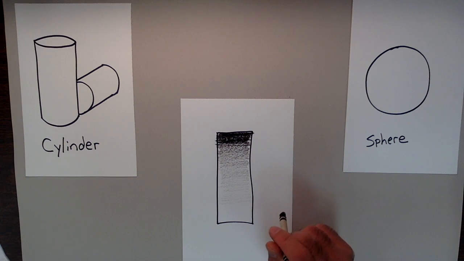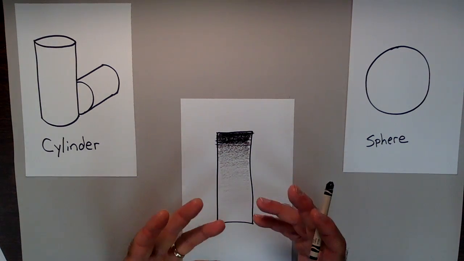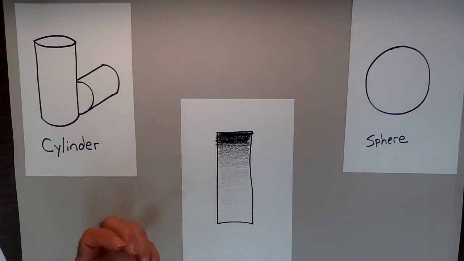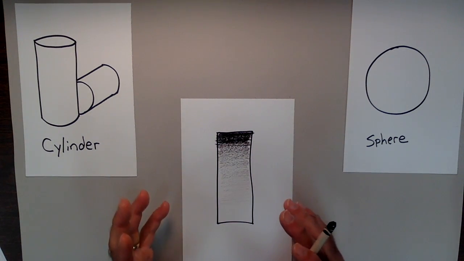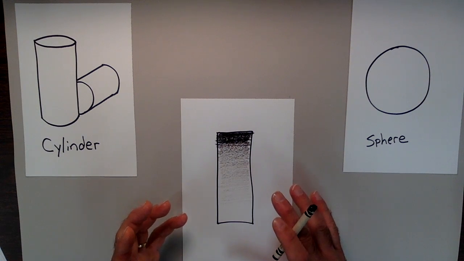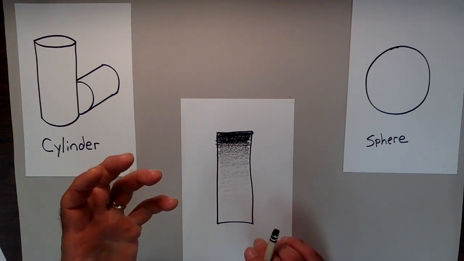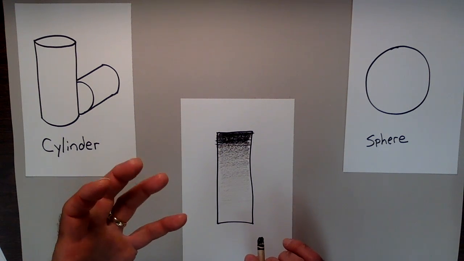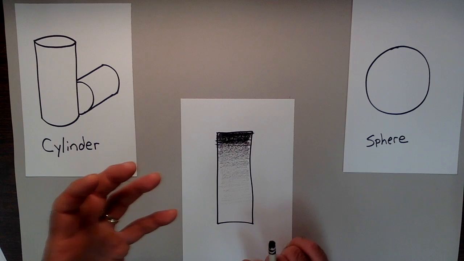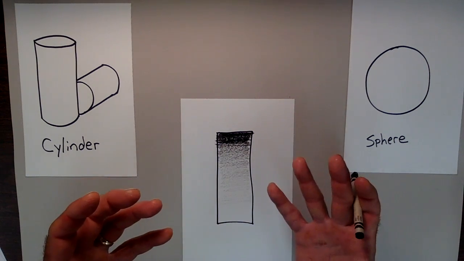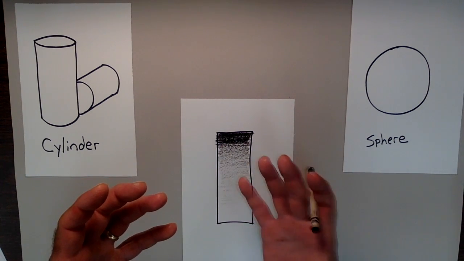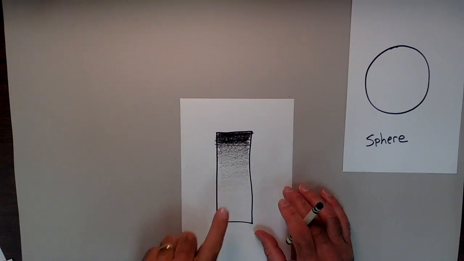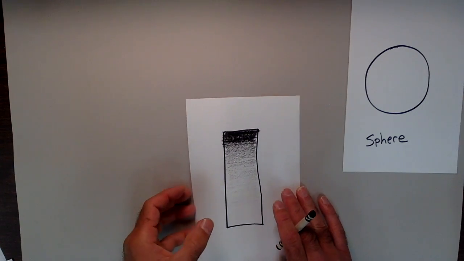Now, if we had a three-dimensional object or a ball and the light is shining on it, or if you think about the earth and the sun as being your light source, well, wherever the sun's hitting, or the part of the earth that's closest to the sun, it's going to be the people that are in the daylight. And on the opposite side of the earth, it's going to be nighttime. It's going to be really, really, really dark. So let's take this and apply it